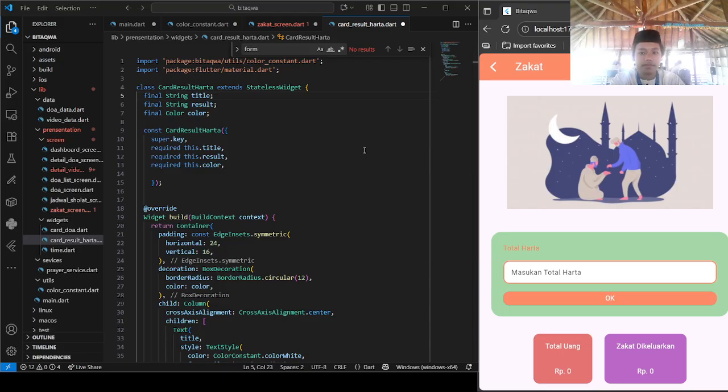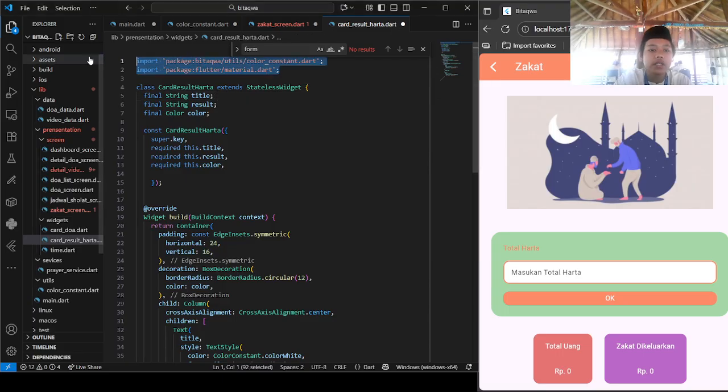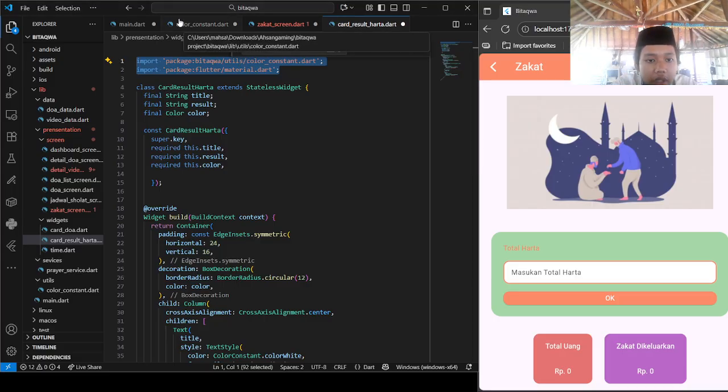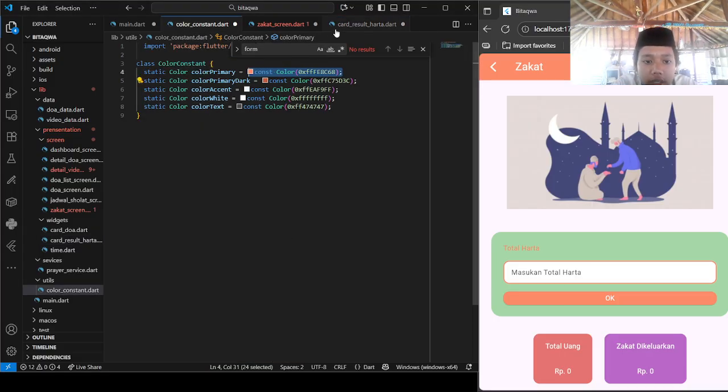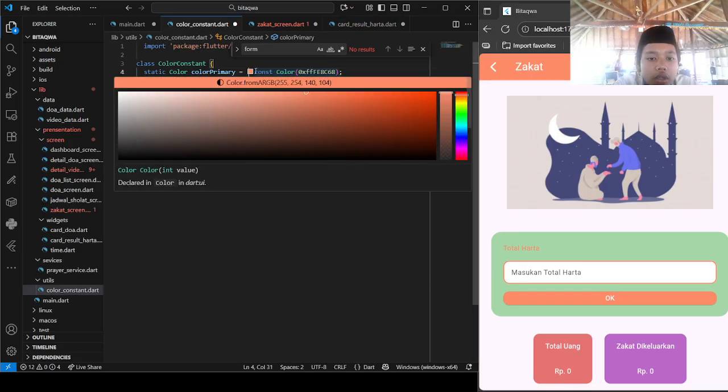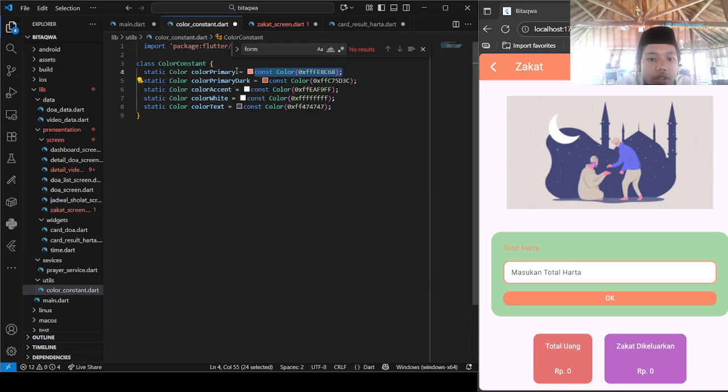What is this? Okay, start from this color constant, for importing the color file that contains the color, the primary color, the color accent, color white. So we don't manually type this.